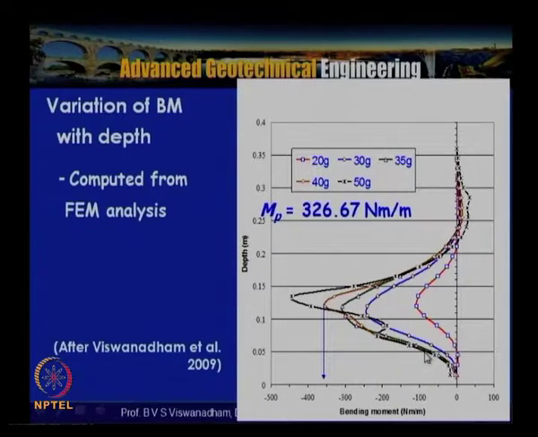Here the same problem is compared with finite element analysis with increasing gravity, using Svandyne software. When you compare here, you can see that at this particular point the plastic moment capacity of a 3 mm thick wall made of aluminum, with E of aluminum about 72 gigapascals, is about 326.67 Newton meter per meter. So you can clearly see that this point has crossed the plastic moment capacity and went into formation of a plastic hinge failure.